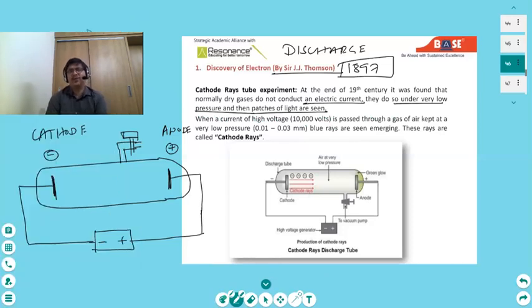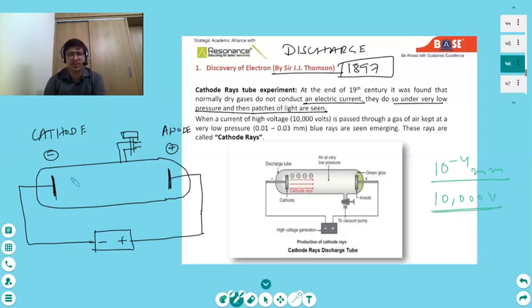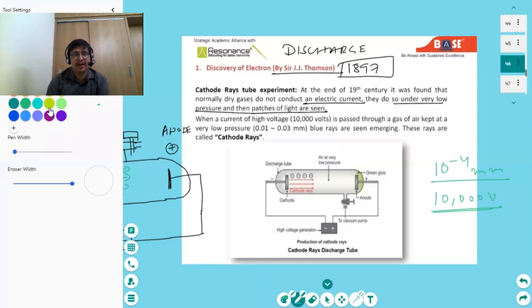So he did multiple trials, but his best trial was when he applied a pressure of 10 to the power -4 mm of mercury. mm of mercury is the unit of pressure, that is millimeter of mercury, and at around 10,000 volt, that is the DC source. At these 2 conditions, he could see the best observation. So at 10 to the power -4 mm of mercury and 10,000 volt, what he saw was that something comes out from the cathode, that is the metallic plate, and it comes and hits